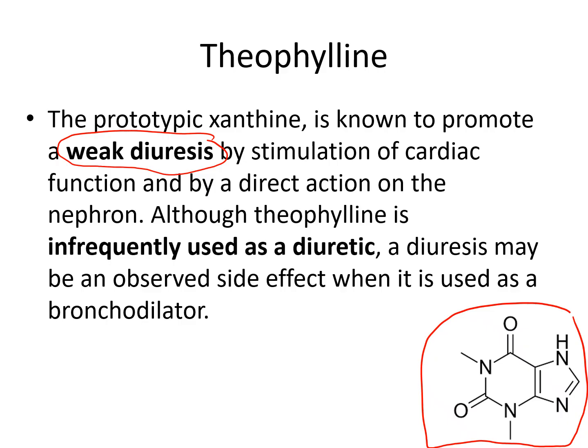بس مهم نعرف لما نستخدمه as bronchodilator اللي هو الثيوفيلين, it does have a side effect which could have a diuretic effect. So in conclusion, because of its structure like caffeine, it does a weak diuretic effect and it's not strong enough to be used as real diuretic, but this could be a side effect for the use of that compound for treatment as bronchodilation, or for the use of it as bronchodilation.